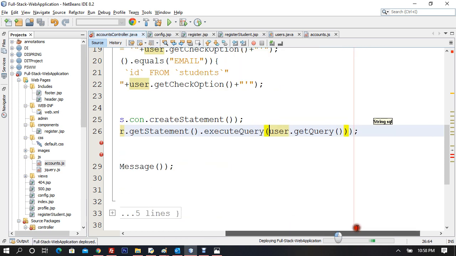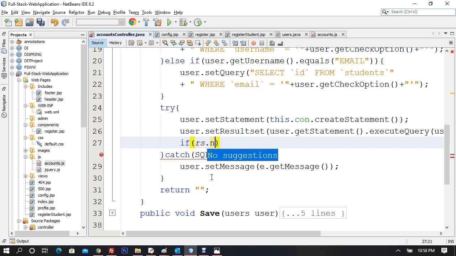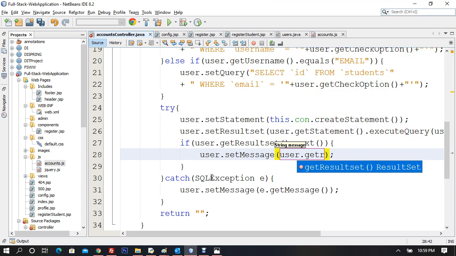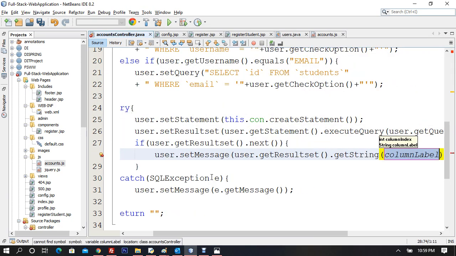So now execute query returns the result set, and I will say here if rs.next, which is user.getResultSet.next, if it is true, and then you do user.setMessage, rs... okay, now we can say user.setMessage, user.getResultSet.getString, because you are getting getString, which is going to be